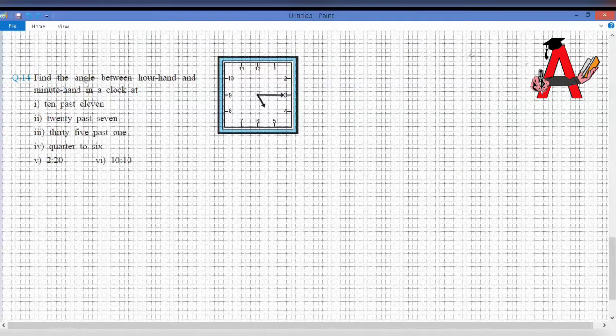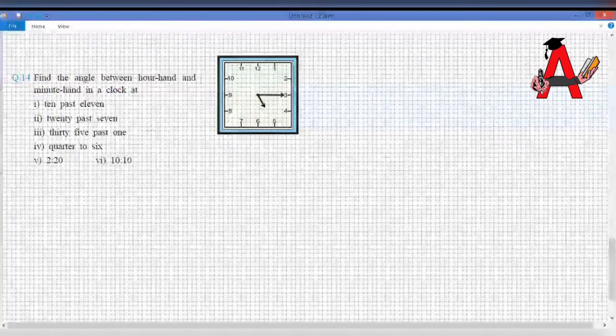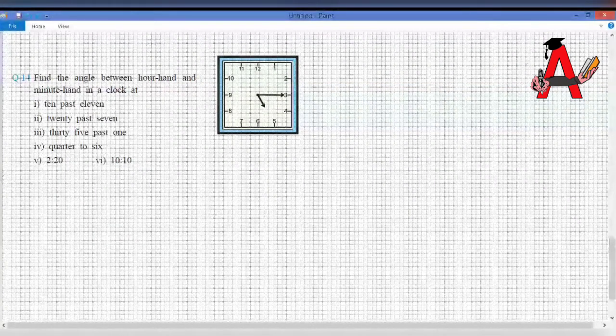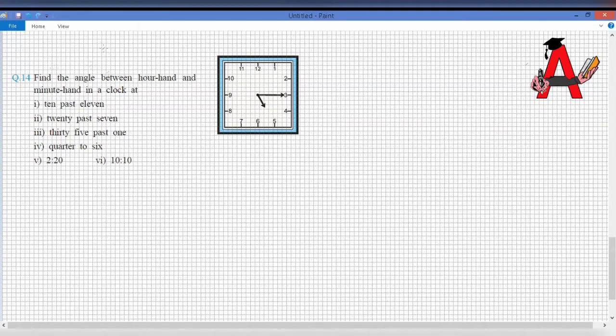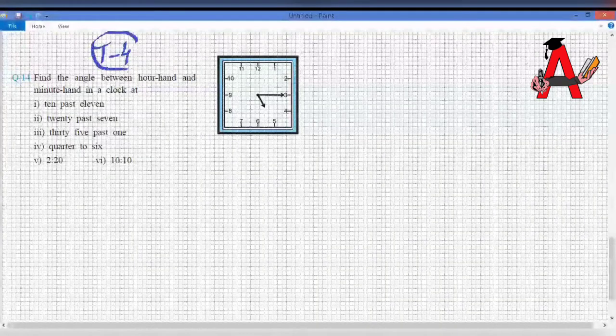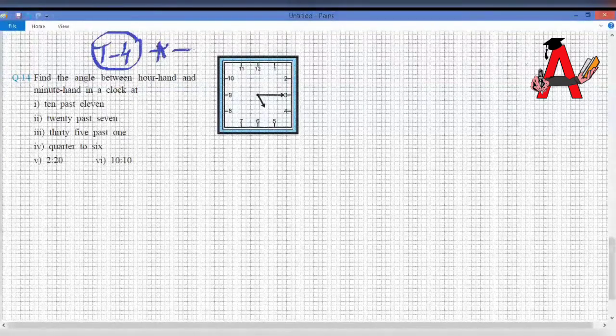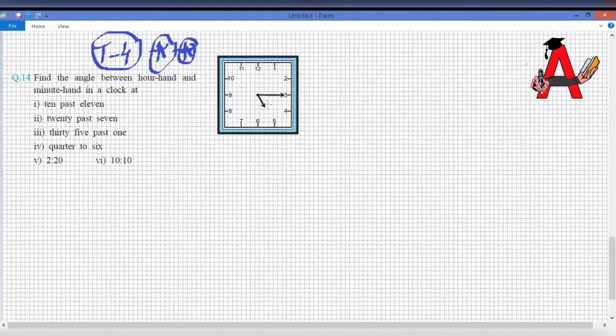let me once again explain the concept which is related to type 4. This is a very important concept because it is going to be used not only in 11th standard but also for further competitive exams. So this type 4 you have to remember, this is very very important from a practical perspective. Now first we have to understand there are two clocks, one is the hour clock and the other is the minute clock. So hour hand and minute hand.